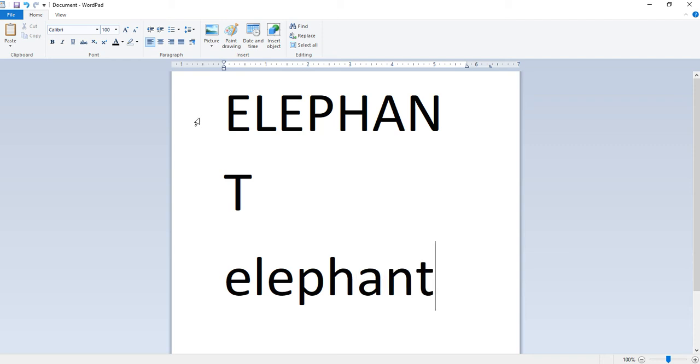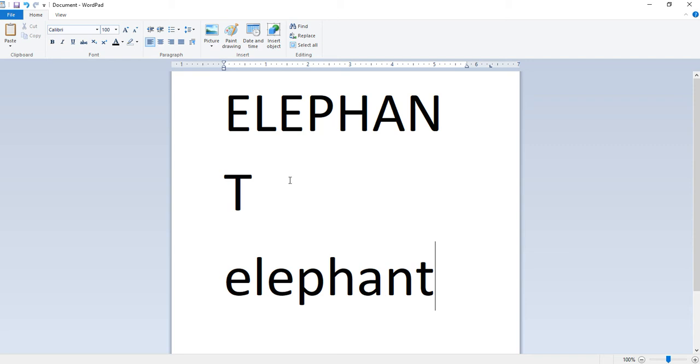that it appears in small letters, elephant. We note that the same key can alternate between two functions. It is pressed once to type capital letters. If it is pressed again, it will type in small letters. This is a toggle switch. Okay students. Next is deleting text.